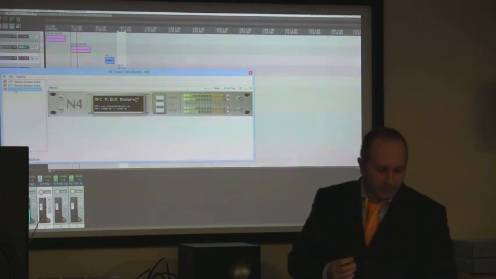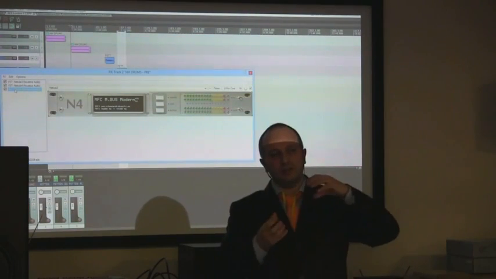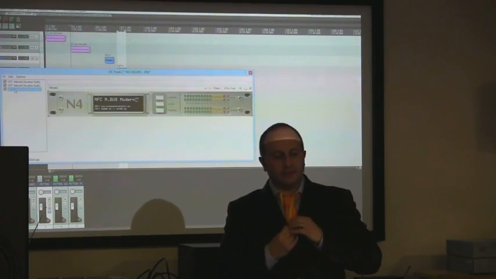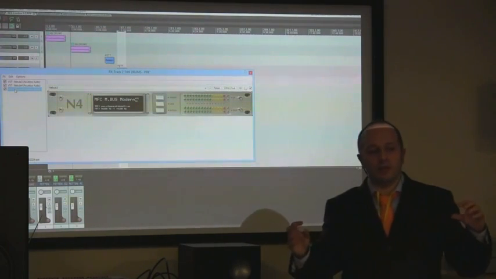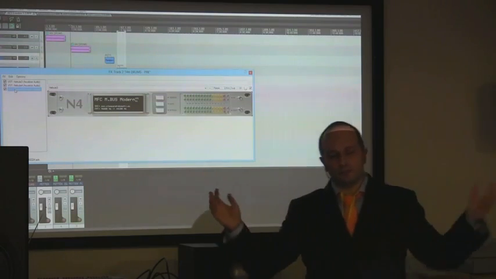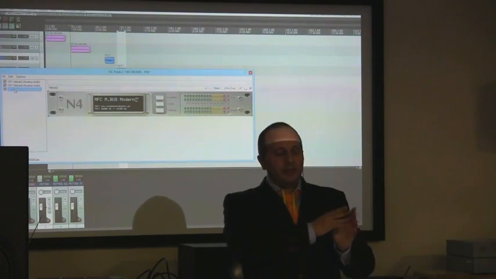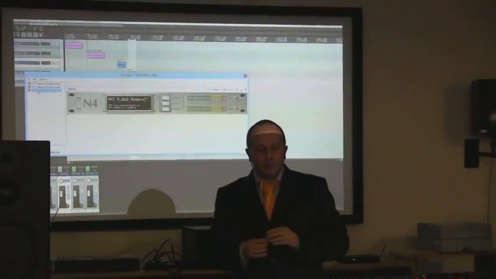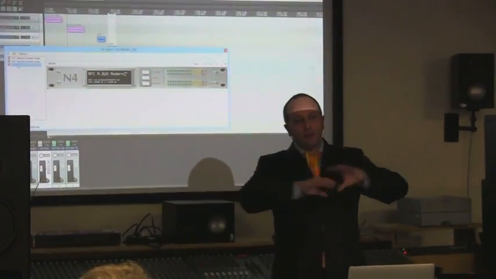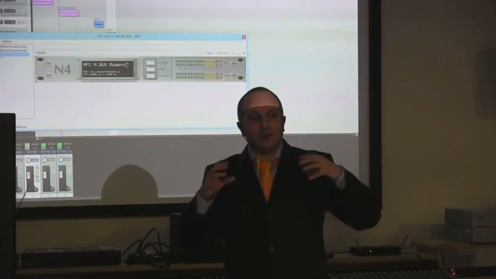In this case, I use three console emulations in chain in order to make it very obvious. But this approach is very useful when you have, for example, a complex mix. You have a lot of tracks. So you apply an instance of this console emulation on each one, and at the end you have the sum of everything, and it makes the whole mix more obvious.